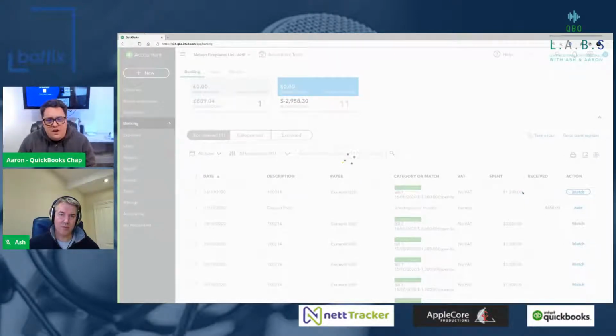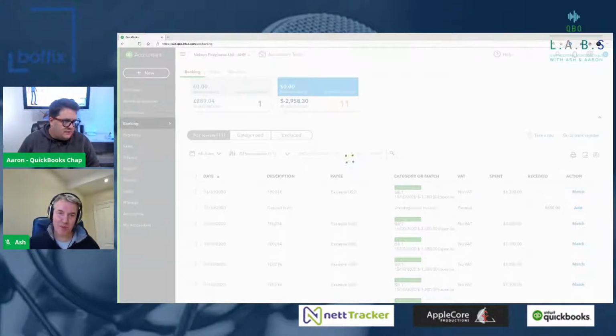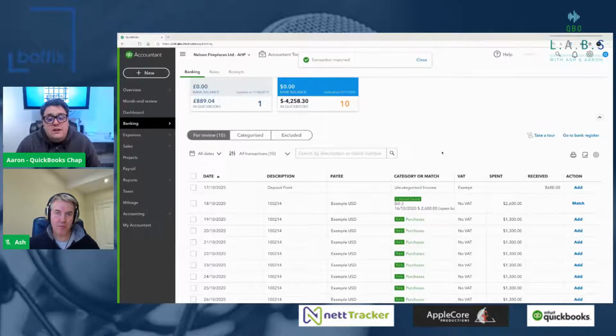What is different, though, is if you don't already have that transaction there. So just give it a couple of seconds to go through. On a bit of a go slow today. Making sure I've not got anything else slowing it down. But effectively, when it's finally got that done, you'll notice we lose the opportunity to actually go and match ourselves.